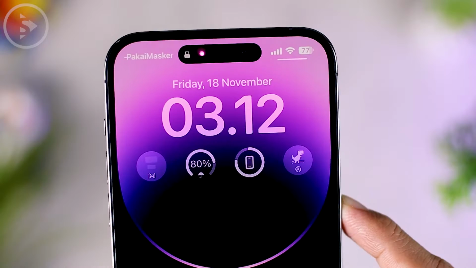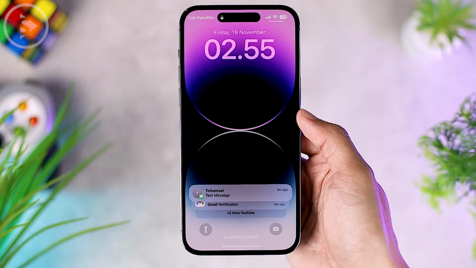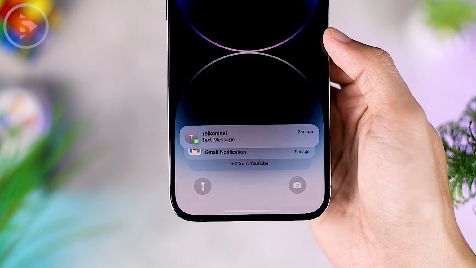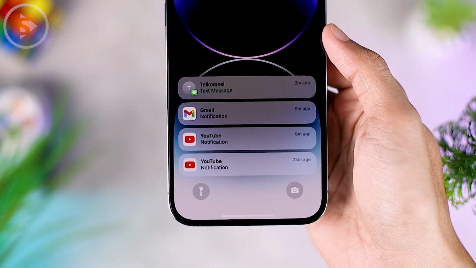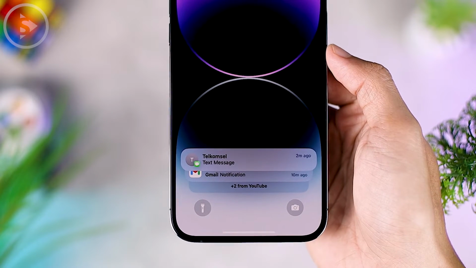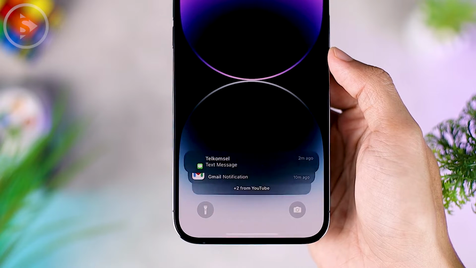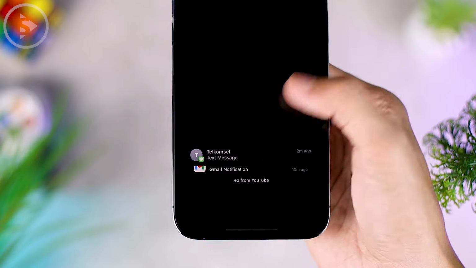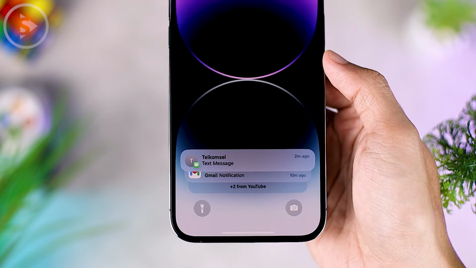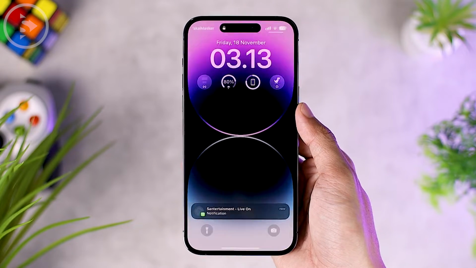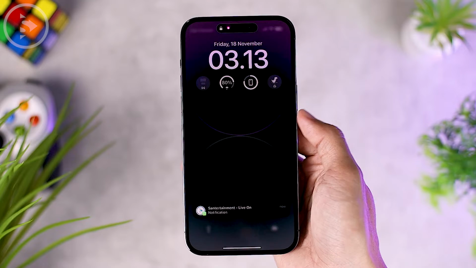Then for the display of notifications on the always on display, if activated with always on display without wallpaper, the position of the notification on the always on display will also immediately follow the position of the notification that appears on the lock screen. It can be seen that Apple is trying very hard to maintain the consistency of all display positions on the lock screen, so that the animation is seamless when transitioning from the lock screen display to the always on display.